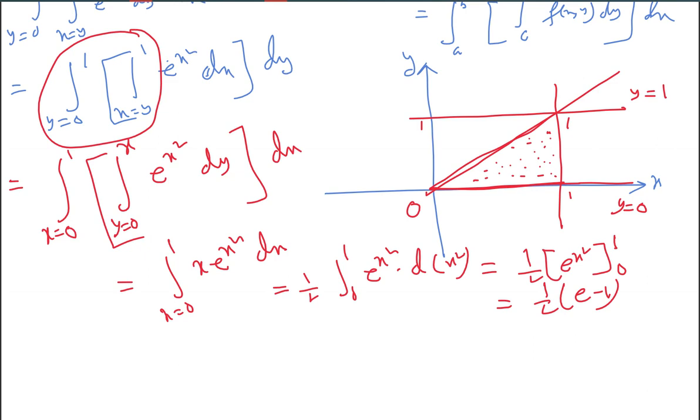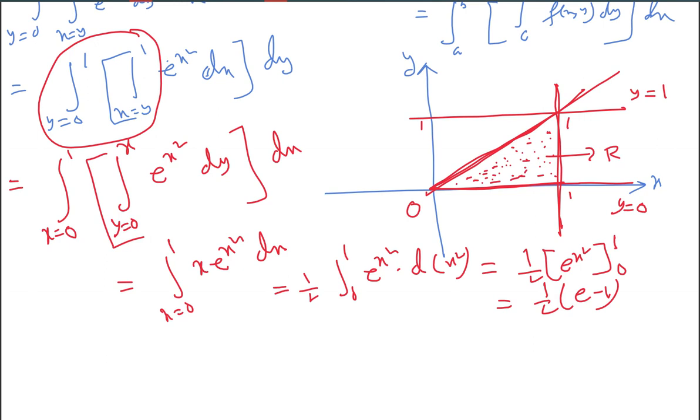So what we have: y is equal to 0 line, this is the x-axis, to y is equal to 1, parallel to the x-axis. Then x is equal to y, this line. Then x is equal to 1, this line, parallel to the y-axis. So I have drawn it. Bounded by these lines, the region is our R. R is represented like this: y is equal to 0 to 1, x equal to y to 1.